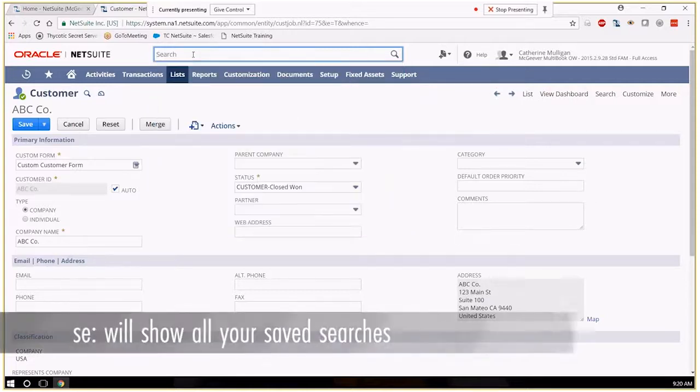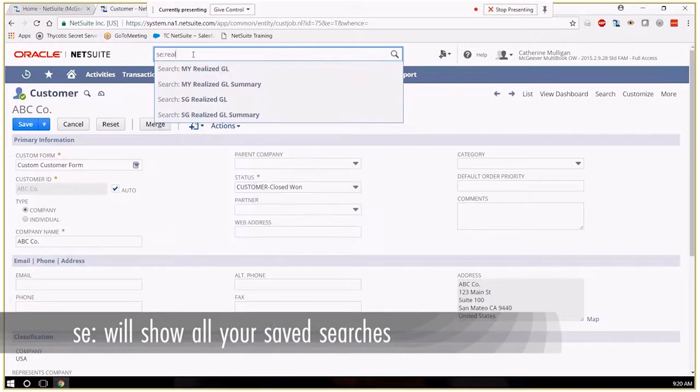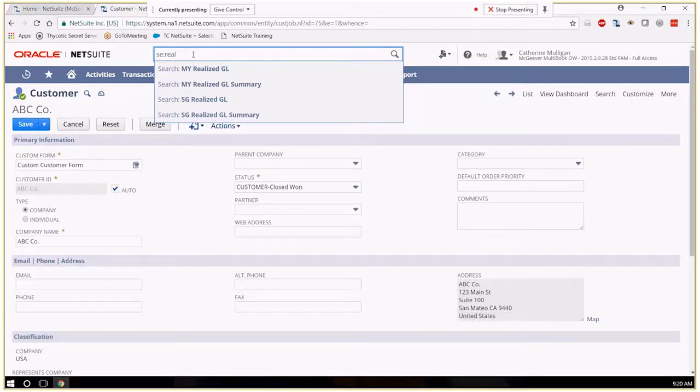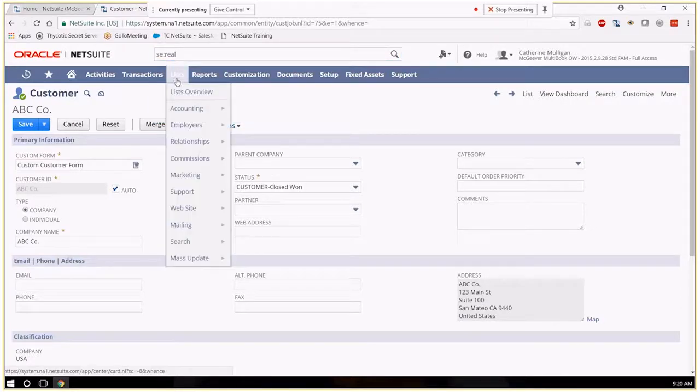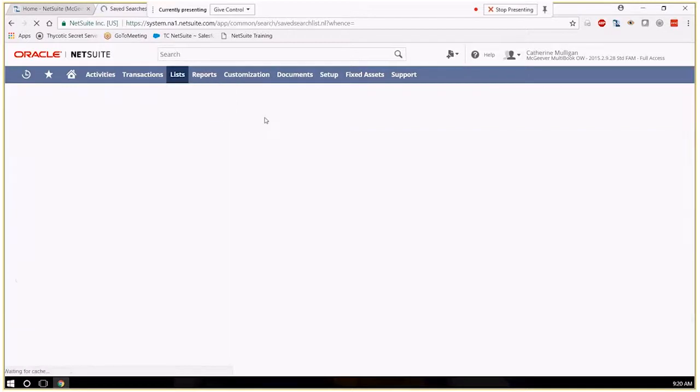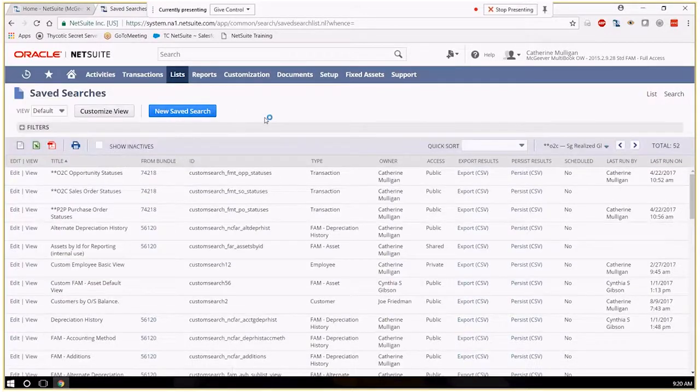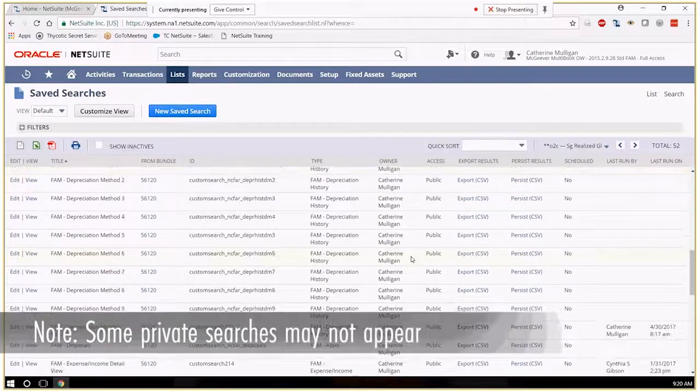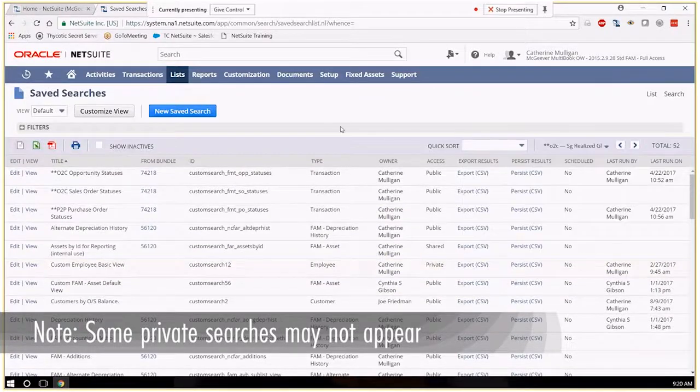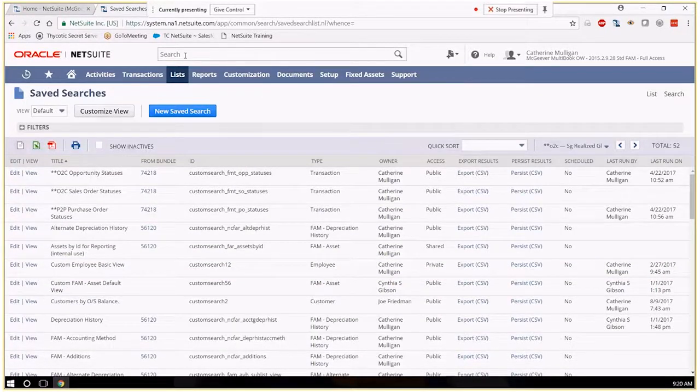And then for searches, it's just SE, and you get all of your saved searches. If you are an administrator or have access to searches in a non-published way, you won't always see every search in the global search, so just keep that in mind. Some of the private searches that you're able to see as an admin, I'm in the full access mode, but as an admin, you wouldn't necessarily see in the global search,